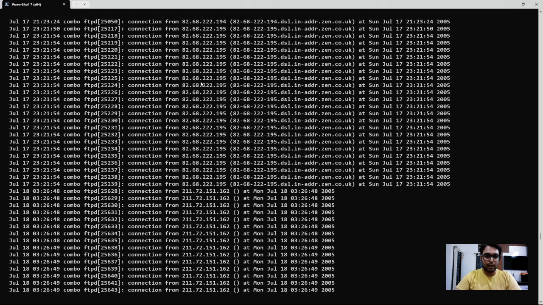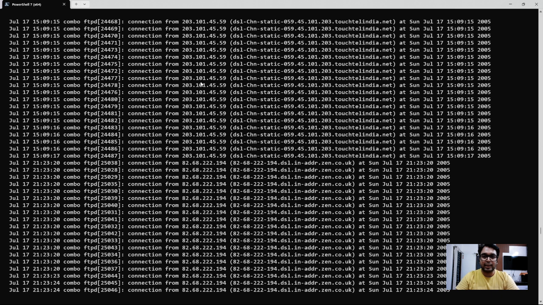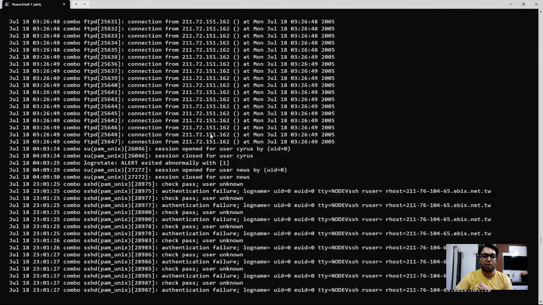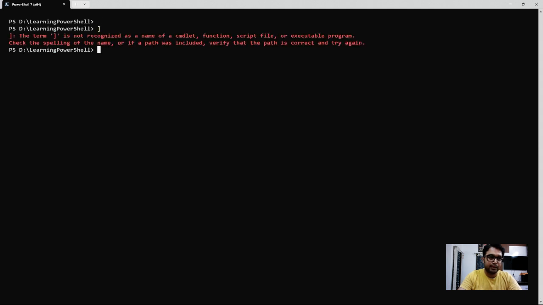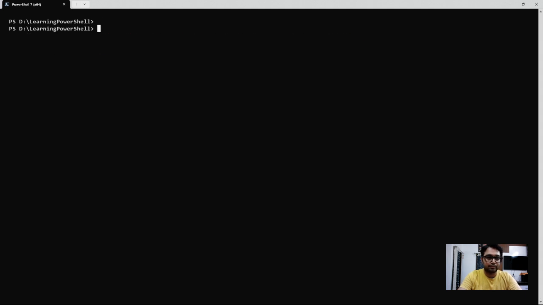You can see, suppose the manager gives you a task to extract all the IP addresses, or you want to do some IP-level blocking, that I have to block these IP addresses, then you need those unique IP addresses to block. So this is the content of the file. Let me go to the top, clean it. I got the content, and